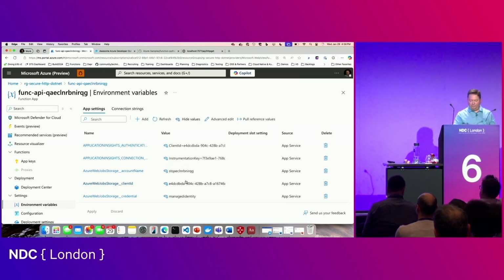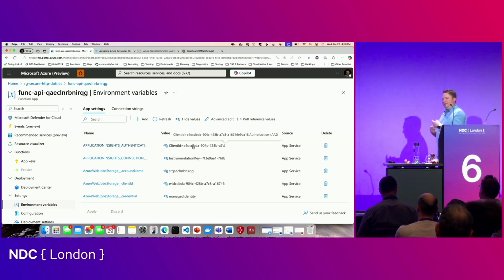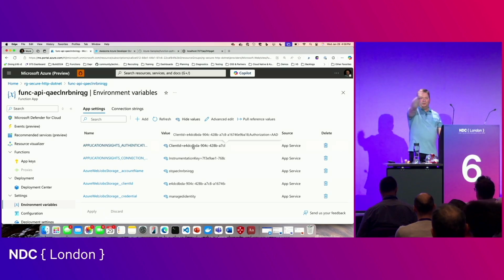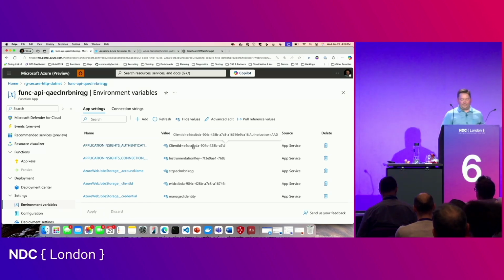And then, pay attention to this client ID, because we're going to use it in all the dependencies. So I used it for my storage account, but also if you look at App Insights, which I'm using for monitoring, it's using the same exact client ID, right? So that's identifying the user identity. It's kind of your credentials, your passport that you're showing. And then the service itself will enforce if that identity has rights to come in or not.